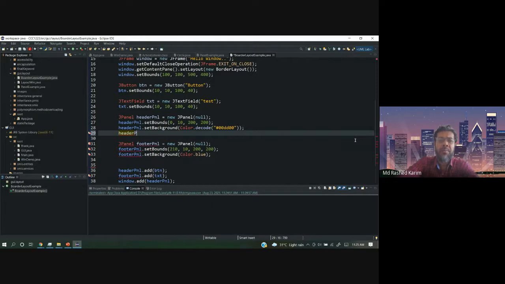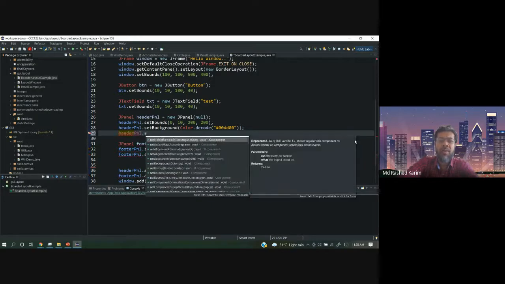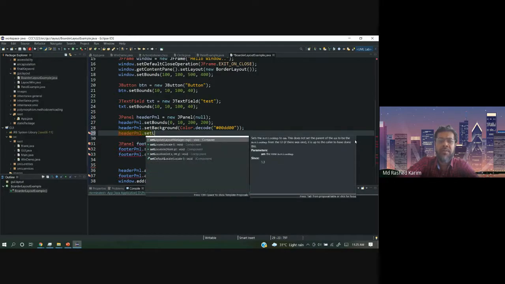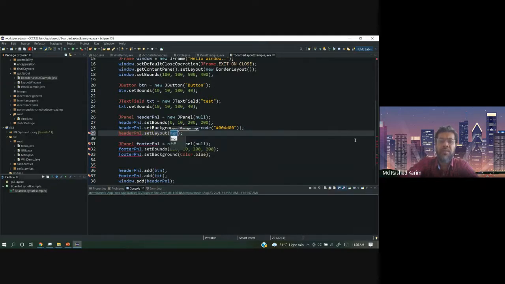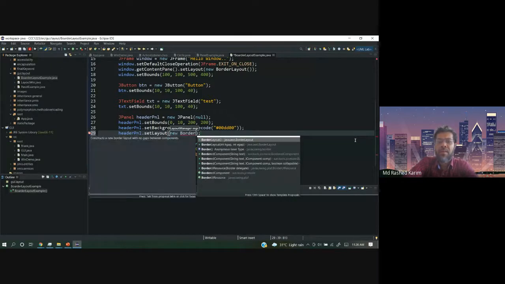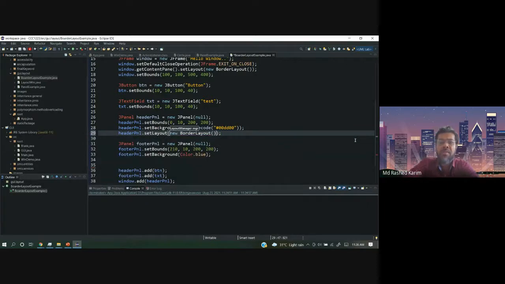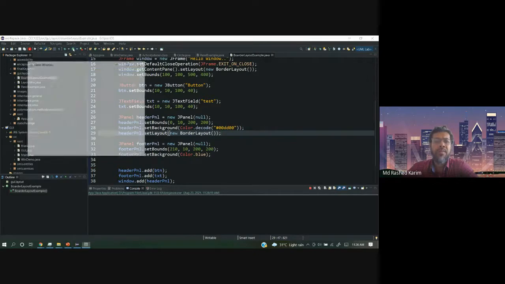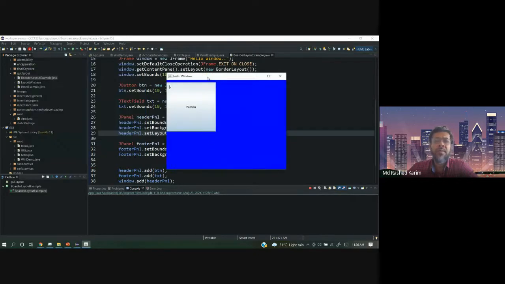Header panel dot set layout. Set layout should be the border layout, no? New border layout. Let me run it. The window is border layout, but